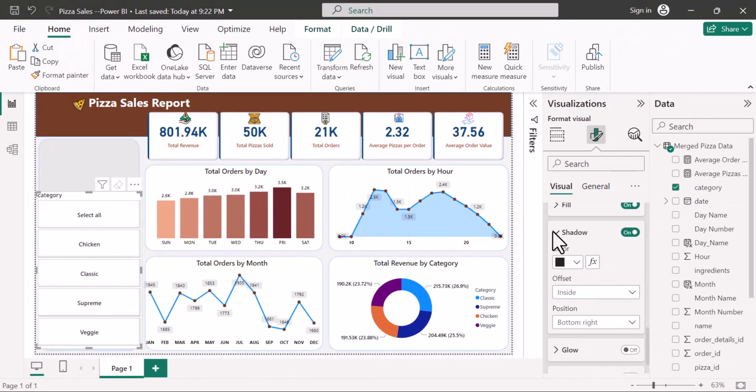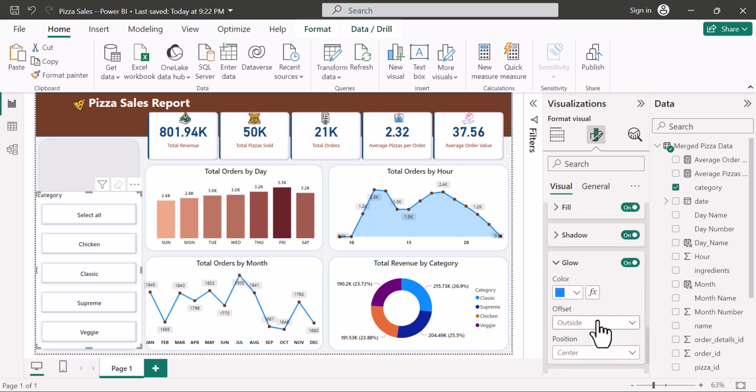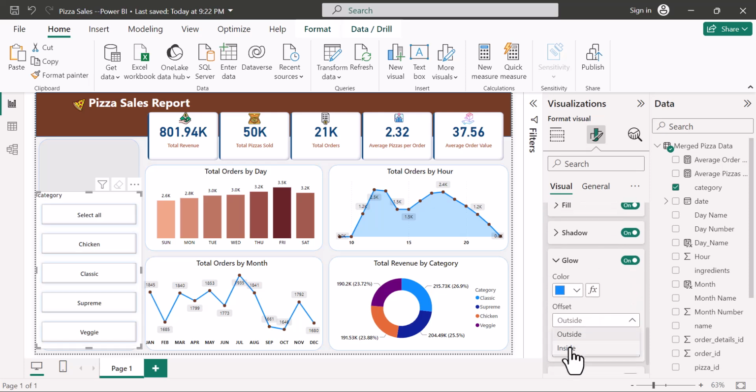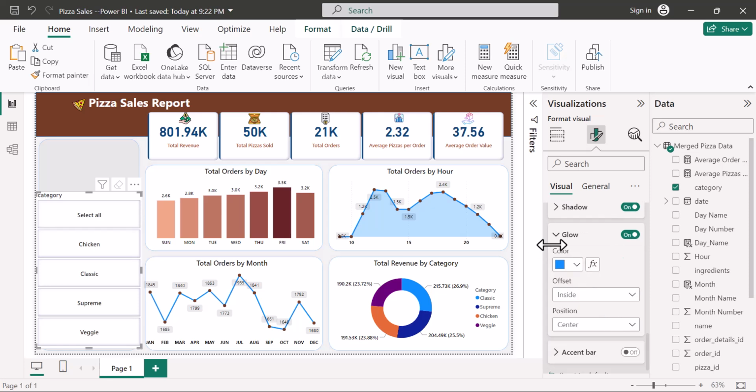I'll do the same for glow. I'll go ahead and expand glow, turn it on, and again I'm going to choose inside, and you can see we have a little glow that looks nice. I'll minimize glow,